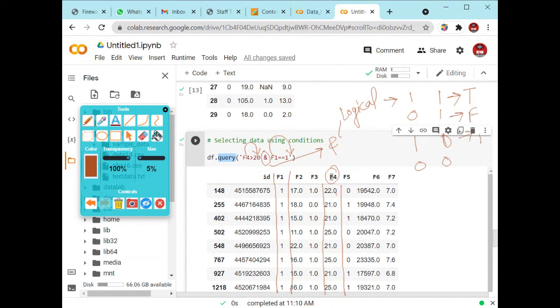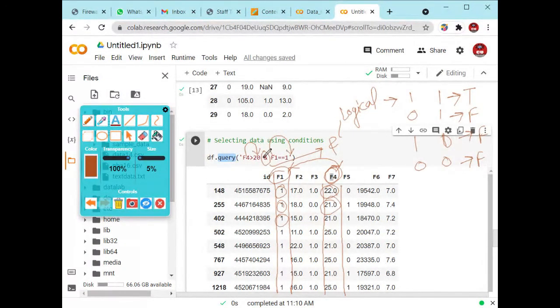Right now you can see this F1 and this F4. If both the values are matching, then it will show the output. Otherwise, it will not show the output.